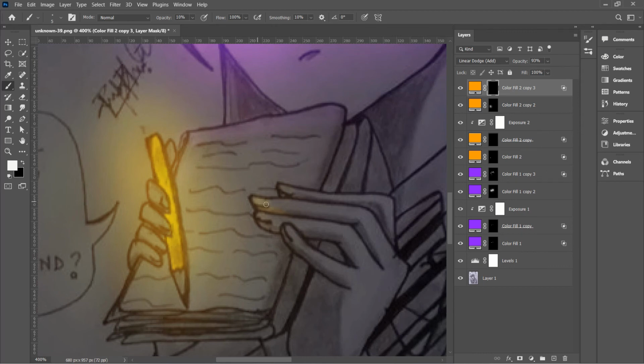I think I've added a little bit too much highlight here. Let's just keep the opacity to 60% and remove this. Let's add brush just on the tips. Whoops. Just on the tips of these fingers, and we can decrease the flow and add some highlights on this